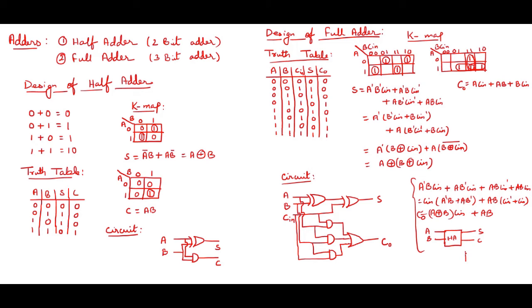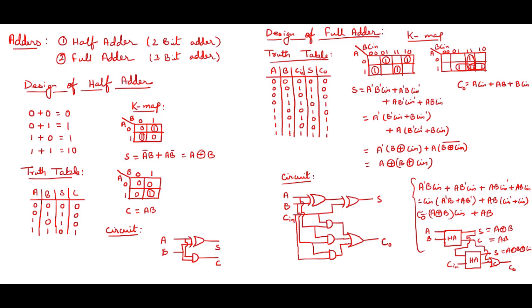Again, I'll be taking a half adder over here. I'm taking one more half adder. Okay, so this will be giving me a sum and a carry, and let's say this is the sum, and I'll be having 2 inputs, right? So let me take this one as C in. Okay, so here what I'm getting is A XOR B. So what I will do, I will take this one down and connect it over here. Okay, so this sum is nothing but A XOR B XOR C in. Okay, it will be giving the sum equation, right? What about carry? Here I am getting what? AB, right? So I will take this AB down from here, join to this one, and put an OR gate, and then I'll give this C out.